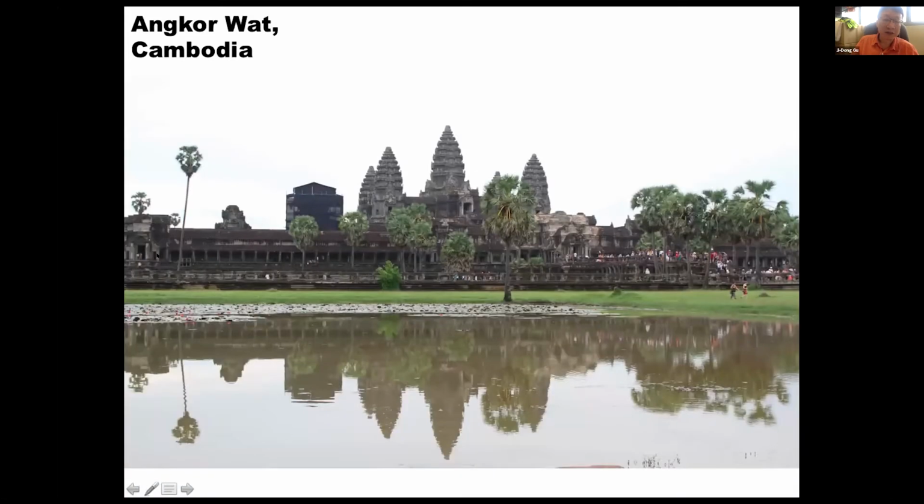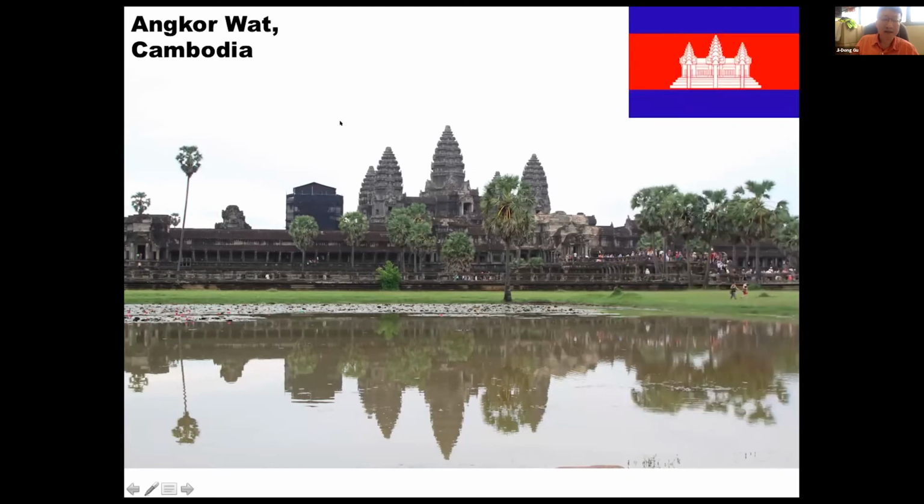So basically, that's a combination of science and also toning down some of the information for better understanding, I hope. To start with, when we talk about cultural heritage, especially in Southeast Asia, Angkor Wat is probably one of the most famous cultural heritage sites. Over here, you can see Angkor Wat in front of a small pond with its reflection, magnificent. It is also shown on the national flag of Cambodia.